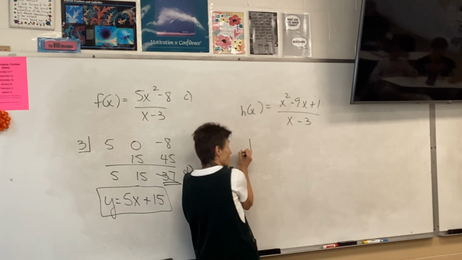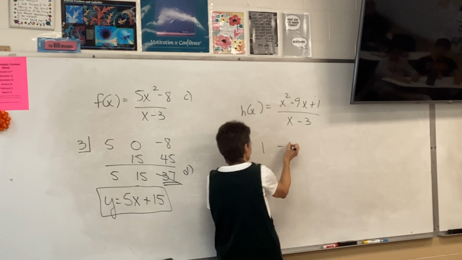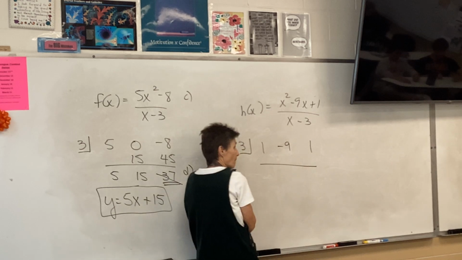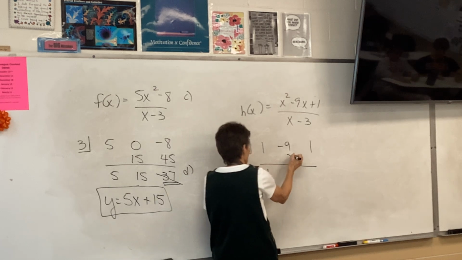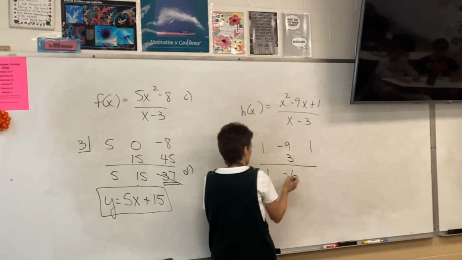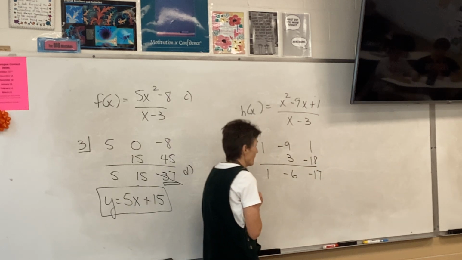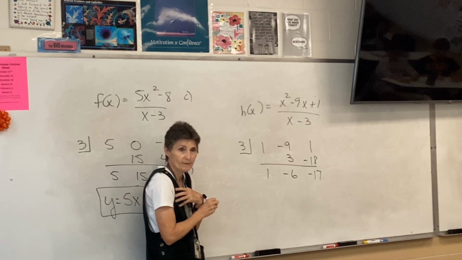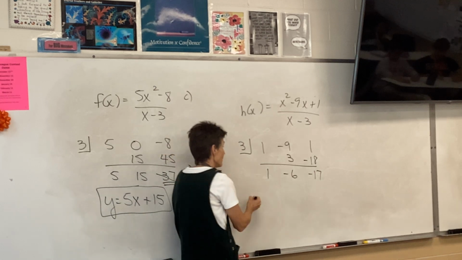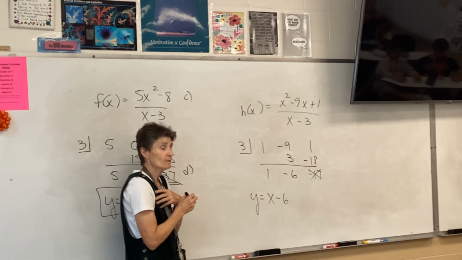So what will go out here in the box? 3. And then across the top, 1, negative 9, and 1. And then the 1 came straight down. So we have 3, add, and add. So what is my answer? What is the equation that comes out of that? Y equals x minus 6. Remember, we disregard the remainder. There's a remainder, guys,